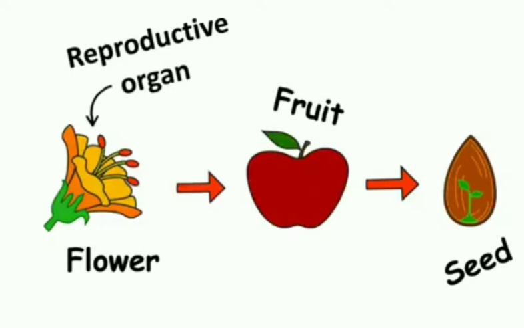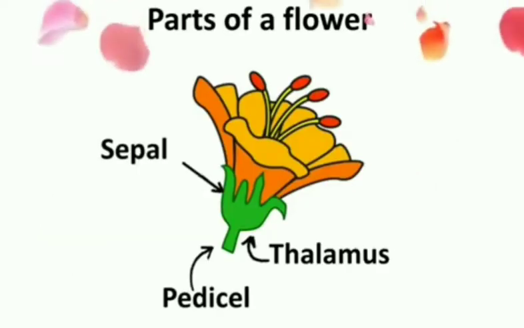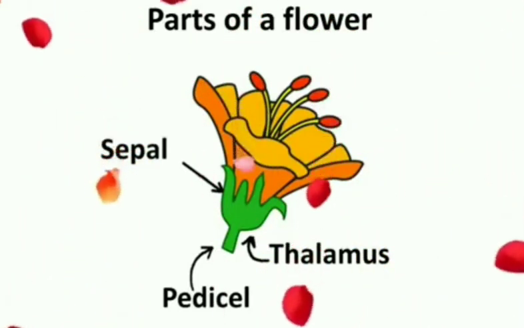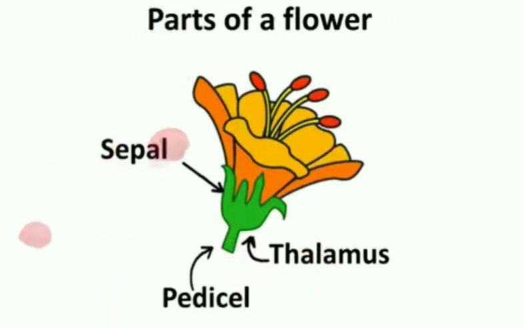A typical flower is made up of four different whorls: calyx, corolla, androecium, gynoecium. First, the portion where all these whorls are located is known as the peduncle. A stalk-like structure located below is known as the peduncle. Then the swollen portion is known as the thalamus, and calyx means the outermost whorl, and an individual member of calyx is known as sepal. Sepals are usually greenish yellow in coloration and have a photosynthetic function.